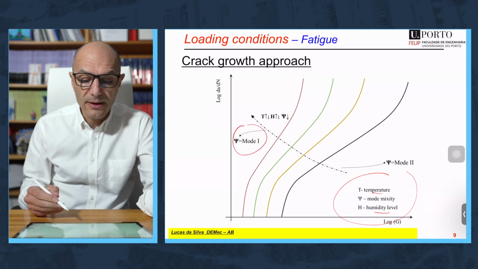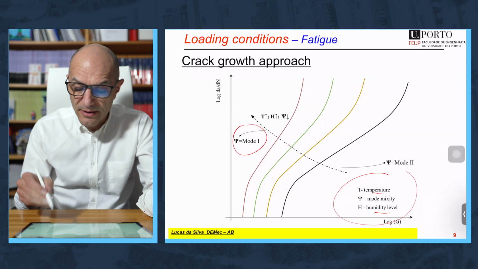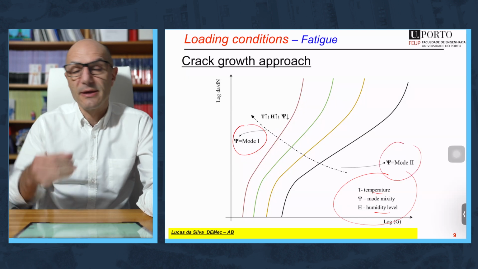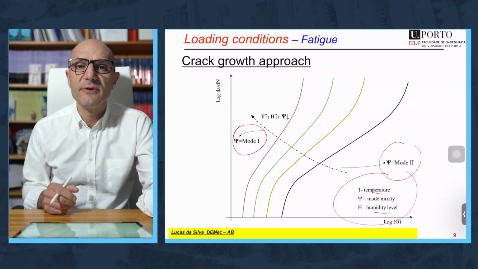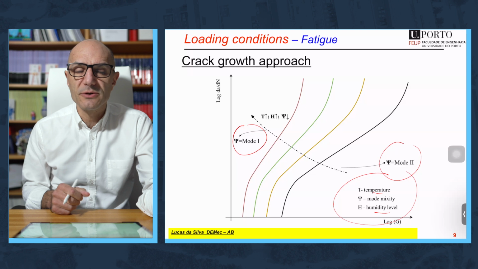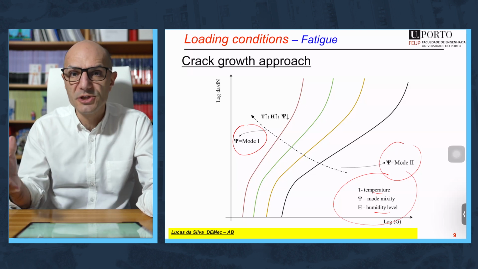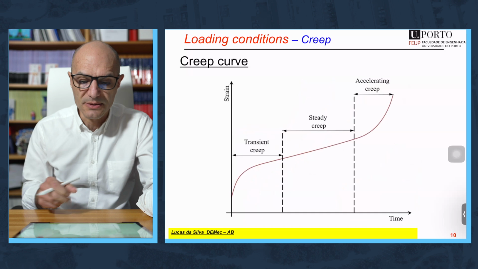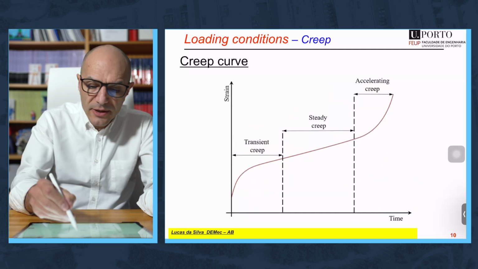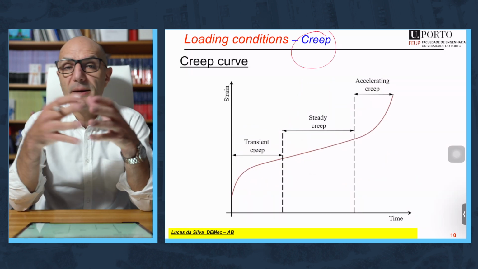Mode 1 is much more severe than mode 2, so again this goes in line with the philosophy of adhesive joint design, which says that you should load in mode 2 as much as possible, or in shear as much as possible. Regarding creep, it might be a problem